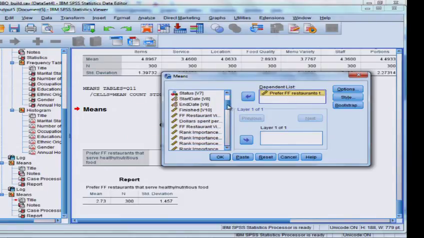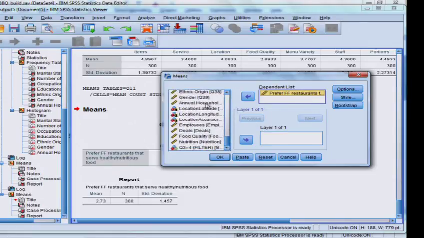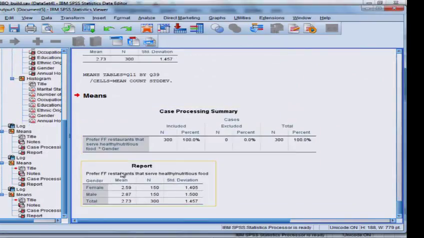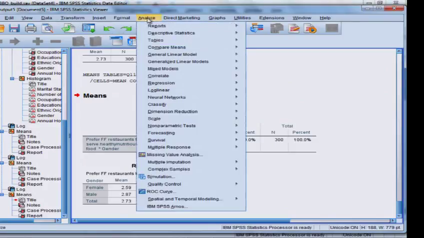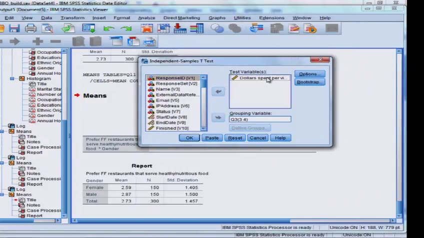So the first one, if we do it just as a single one, we do I prefer fast food restaurants that provide whatever that question was, and the gender we put as the independent list. And now we've done males and females. Males and females are agreeing or rating that as a 2.59, and males are rating that as a 2.87. And the trick you can do as a statistical test for that is an independent samples t-test. So if you do compare means independent samples t-test for question 11,